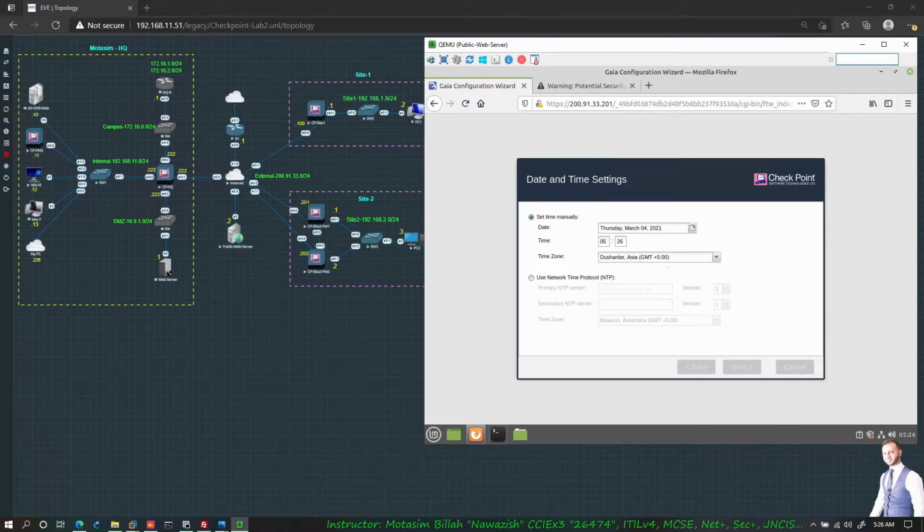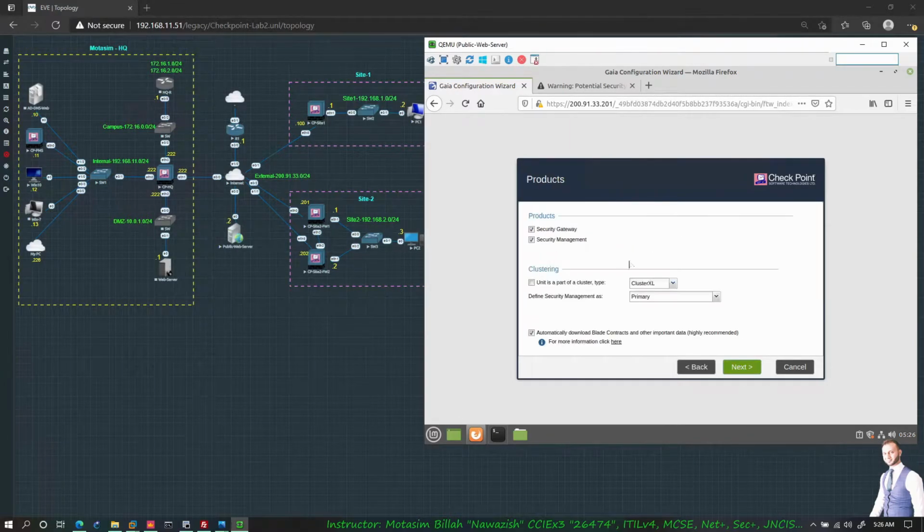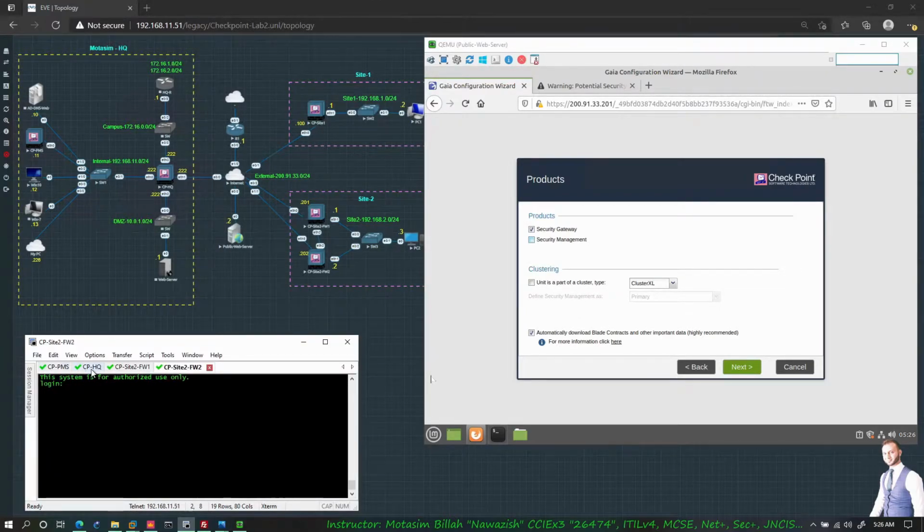Next, time zone. Next. Here I will only check the gateway, not the management. You can also enable the clustering feature from the CLI, and you can enable it here as well. If you wanted to enable it from the CLI, what you would need to do is